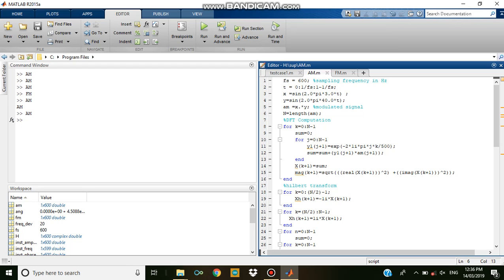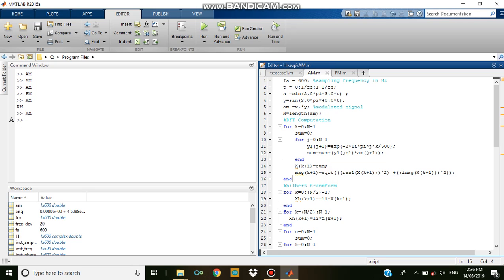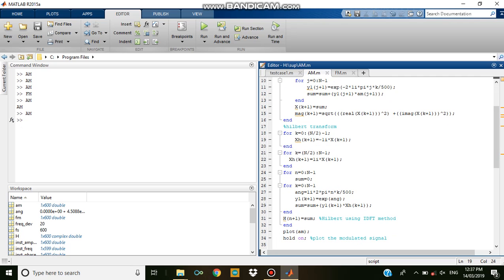and on that firstly we'll perform DFT to obtain results. So for computation of DFT I've used this. In DFT computation, as we know, the standard formula of DFT is sigma x of n into e to the power minus j 2 pi by N into n into k. Similarly, I've used the formula here, I've kept it in the loop here, and then after that I've obtained the magnitude response of DFT. And then after that, by using a standard practice, Hilbert transform,